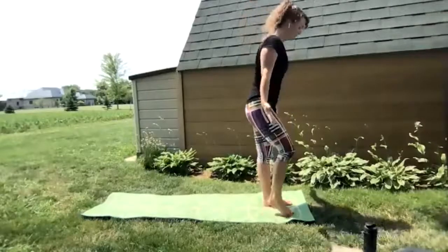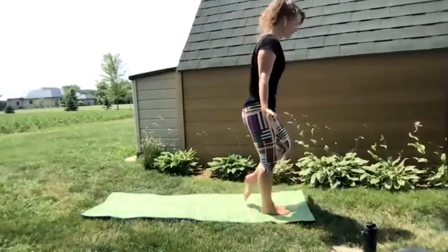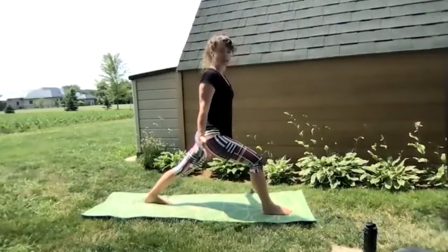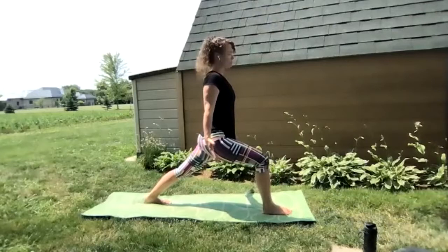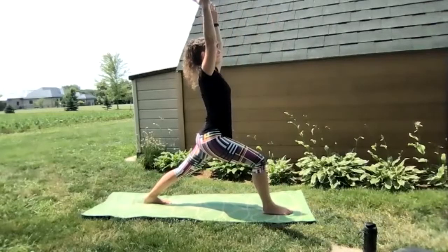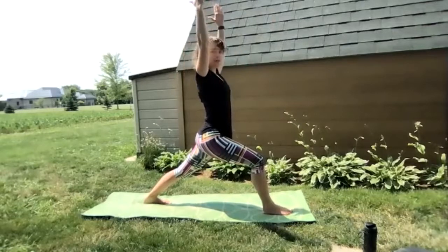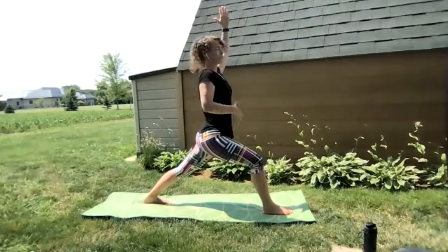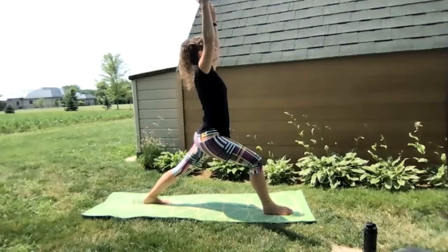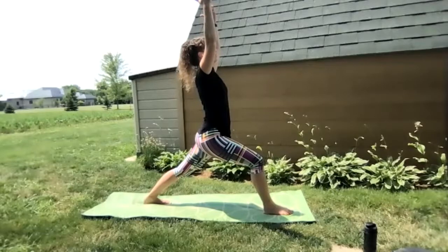From here, keeping our right foot at the top of our mat, we'll step our left foot behind us through warrior one. Planting the feet completely on the floor, bending forward into our right knee. Let's reach our arms up, facing that top edge of our mat, drawing our shoulders down our backs, pulling our bellies in so strong. And now the challenge is deciding if we'd like to look off, finding a spot to stare at to find focus, or if we'd prefer to close our eyes